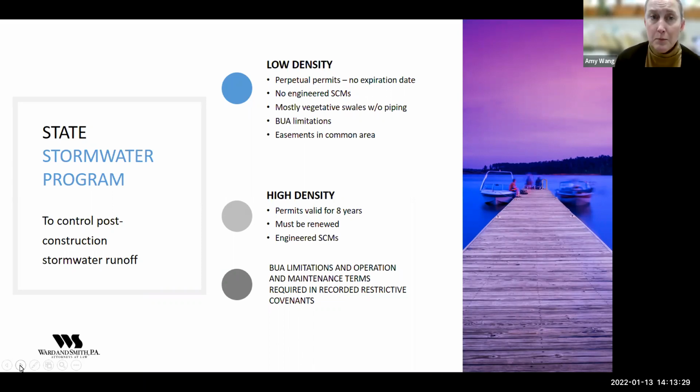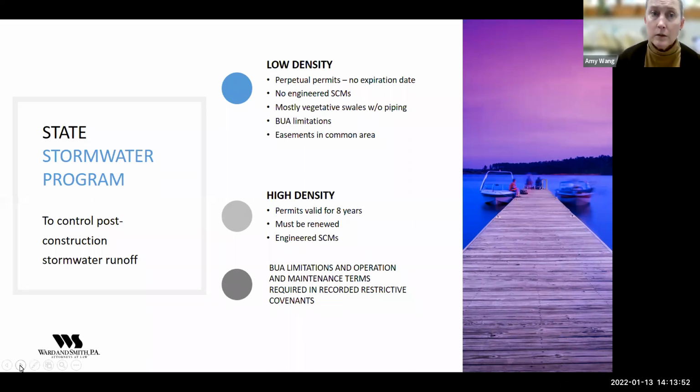In these communities, you may have a stormwater permit, but there's no expiration on it. It's a perpetual permit. There are no engineered stormwater control measures that are required. It's mostly vegetative swales without piping. They look like ditches along front yards.